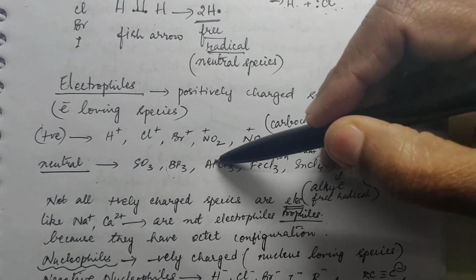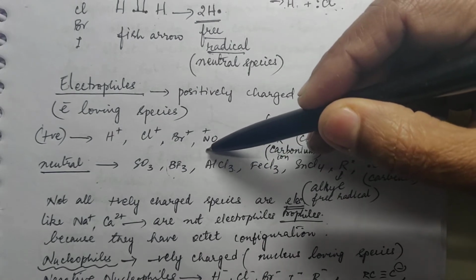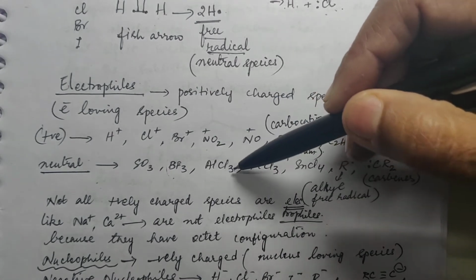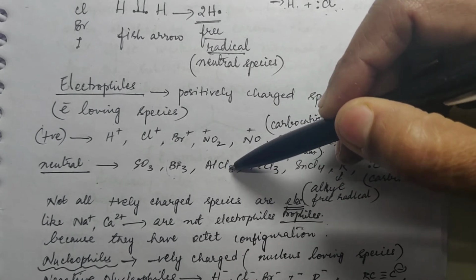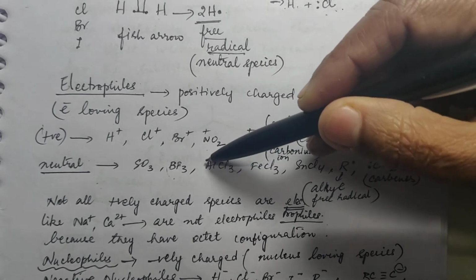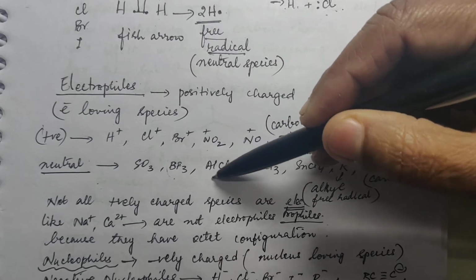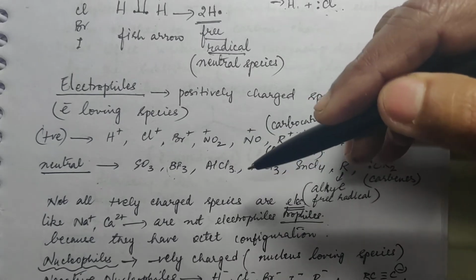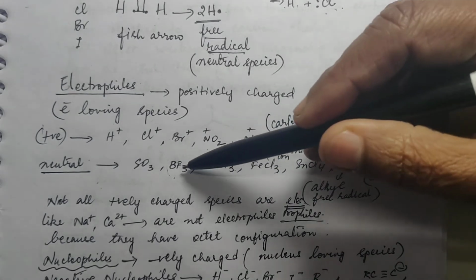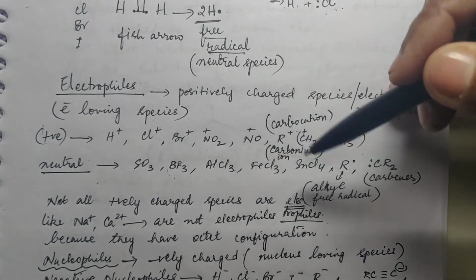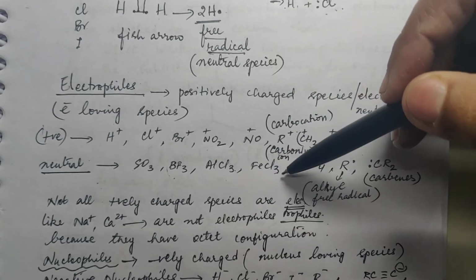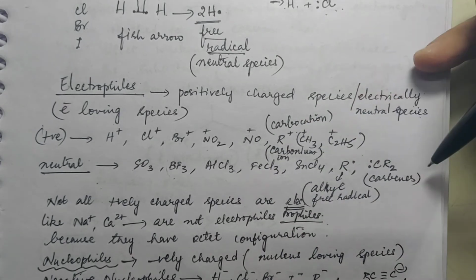Same way AlCl3. In the case of Al also, the number of electrons surrounding Al is only 6 after sharing. It has 3, it will share 3 with chlorine. So a total of 6 electrons will be there around aluminium. So this is also an electron deficient species. You have studied in the equilibrium chapter also that they are electron deficient species. Same way in the case of FeCl3 or SnCl4.